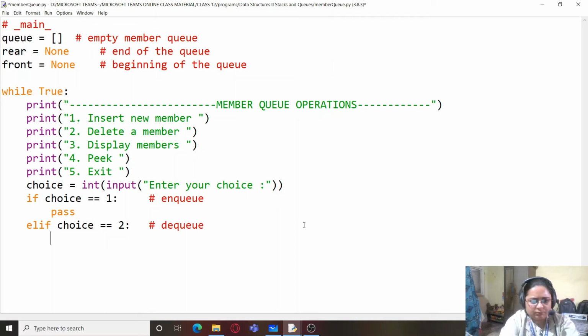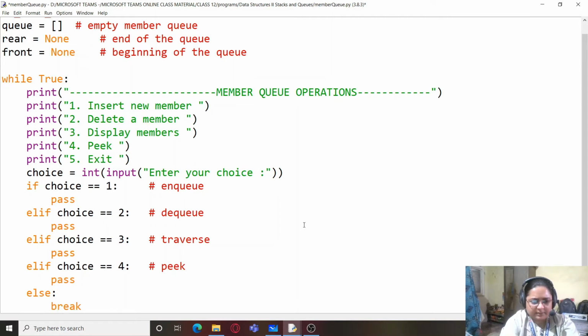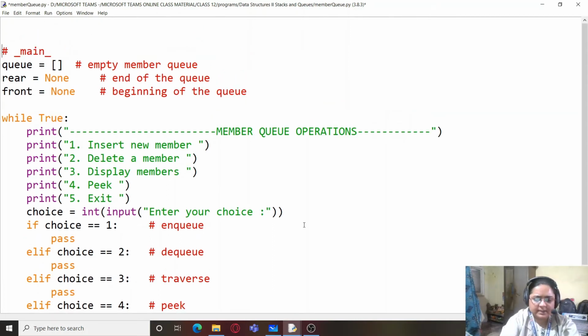So dequeue, the third one is display, that is traverse, peek, and else it will be break, that is exit the loop. So now this is it. We are going to first start with our very first function, that is enqueue.